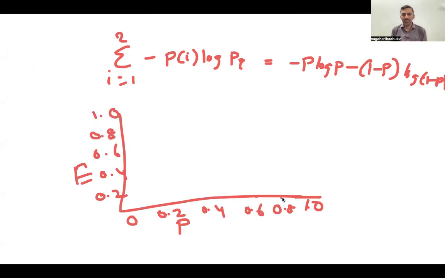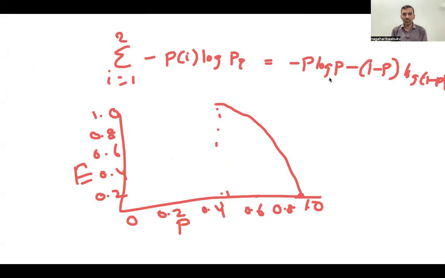If the probability of the event is 1, that means it is highly predictable, so the entropy is 0, right? When the probability becomes less, the predictability becomes less. And at 0.5, the entropy becomes 1, because 0.5 means both events are equally possible. If heads is 50%, tails is also 50%, in which case entropy is high.